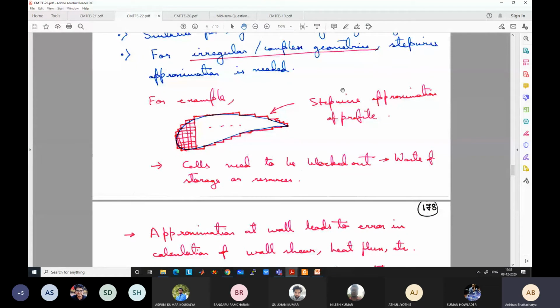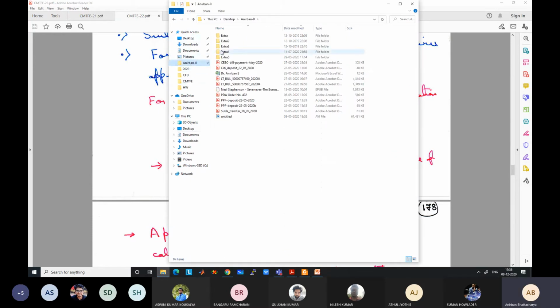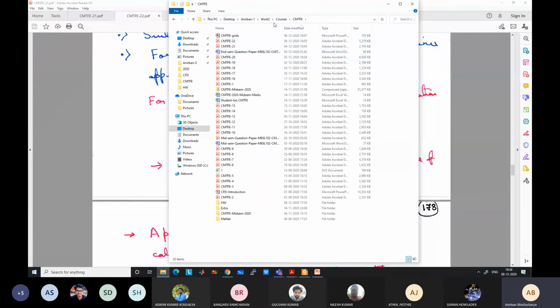If your problem has a squared domain, but you don't want that, not for this case but for other cases, it may happen that the outside surface is curved, but you cannot take a curved surface, you always have to take a straight surface. So some of the cells have to be blocked out, which are considered outside the boundary. I will show you one example from some of my research. We have time, it will give you some idea.